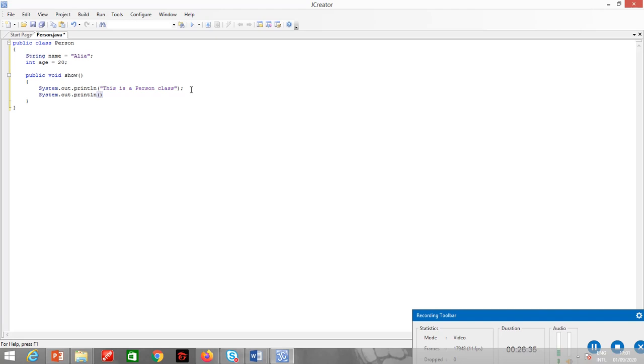System.out.println, what is the name? Name is plus name, and I'll print the age also. So we have created the first class. Let's compile it.